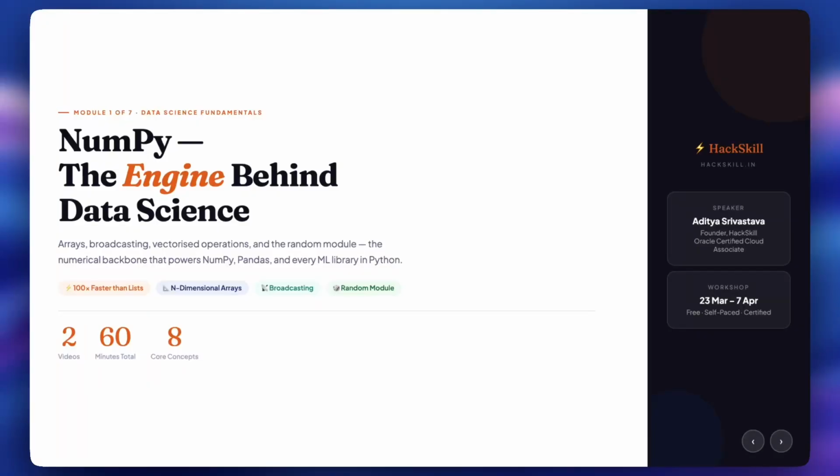I'll be guiding you through Module 1, which is about NumPy. If you have watched Module 0 with Devansh, it's great. You have set up your Colab, done your Python refresher, and you know what the 4 major big imports are. So today, as you can see on the first slide, we have NumPy, which is the engine behind